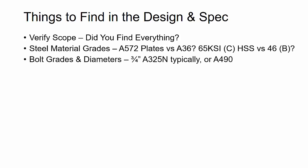Then looking at bolt grades and diameters. Oftentimes you'll see, as a starting point on jobs, that 3/4 inch A325 end bolts are most typically specified. Sometimes you'll see higher strength A490 bolts used. And then sometimes you'll see, instead of the N designation, which stands for threads included in the shear plane